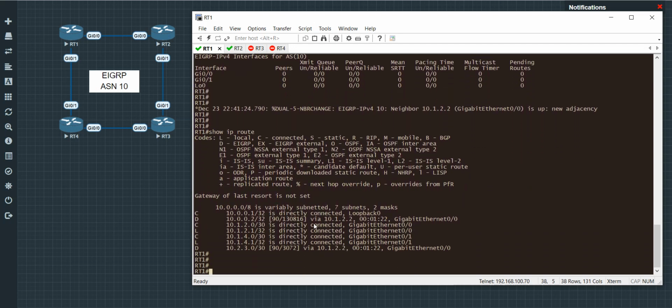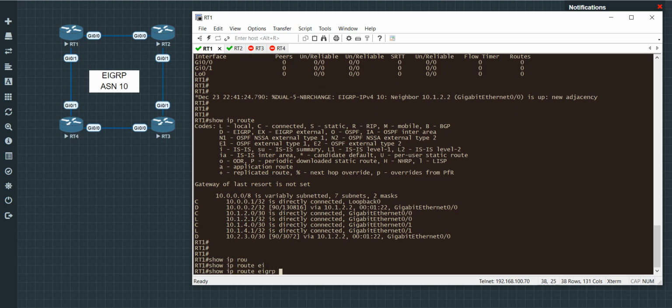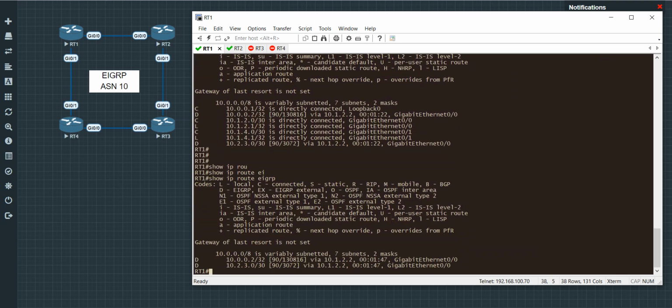Router 1 here has learned a couple of subnets via EIGRP. The letter D identifies EIGRP routes. You can also do show ip route eigrp,